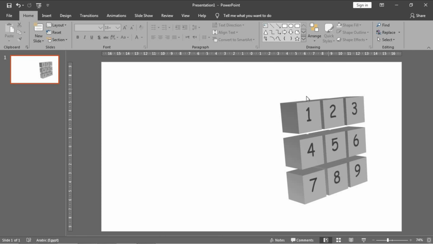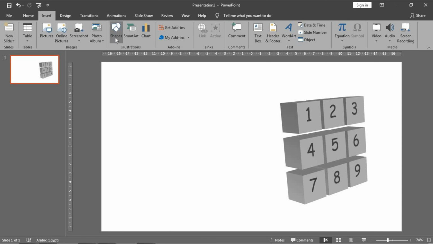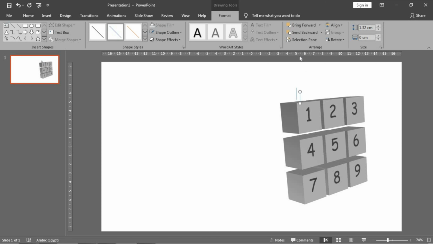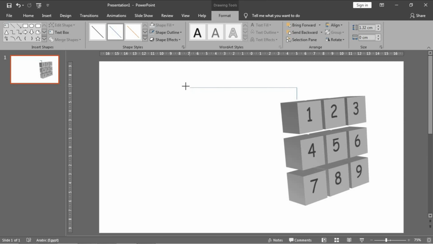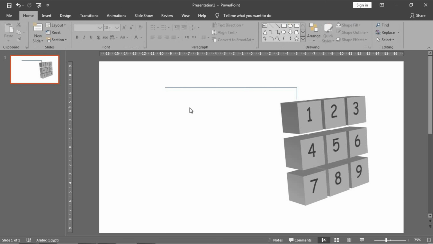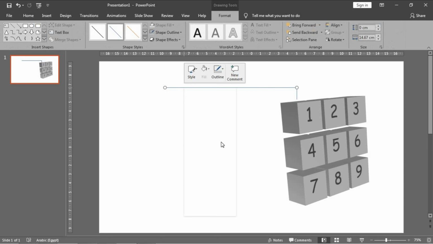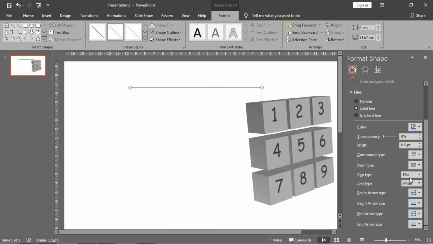I will insert an arrow to appear from each cube, insert shape, and let's make one. Control D, rotate it 90 degrees, and be sure that they are fit together, and move it like there. Okay, I will change the cap type to be a circle like this, and make it size. Okay,